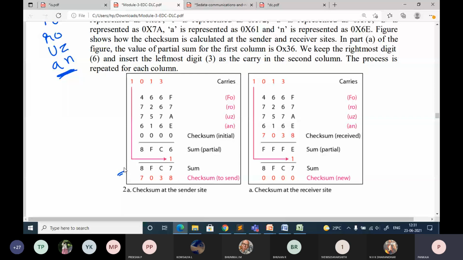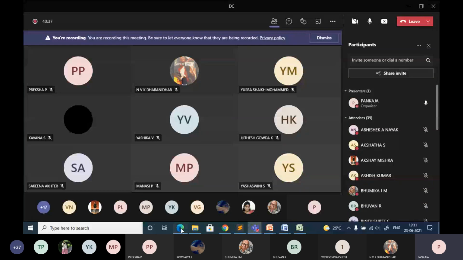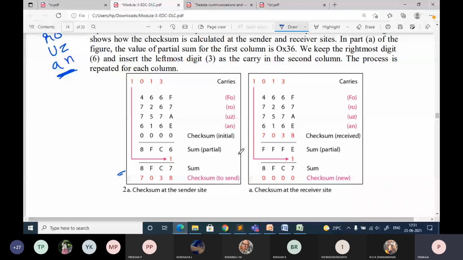The result should be once complemented, and whatever checksum you got is added along with this frozen text. This checksum, that is 7038, should be added along with this text and sent to the receiver. The receiver is going to perform the reverse operation.